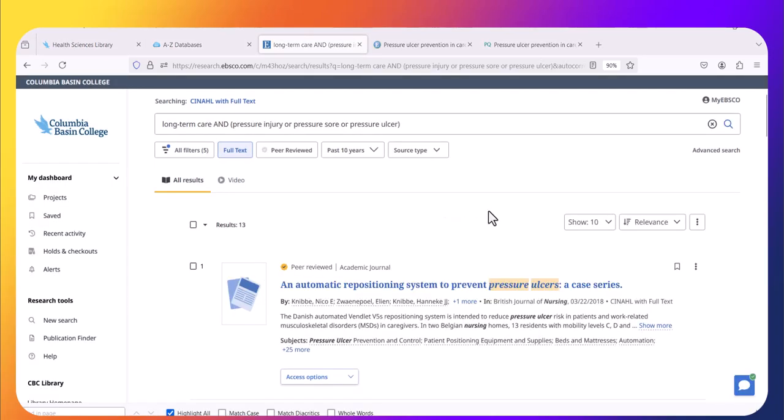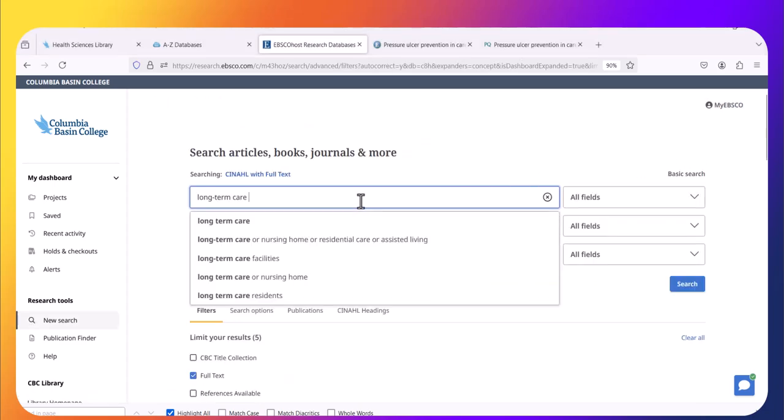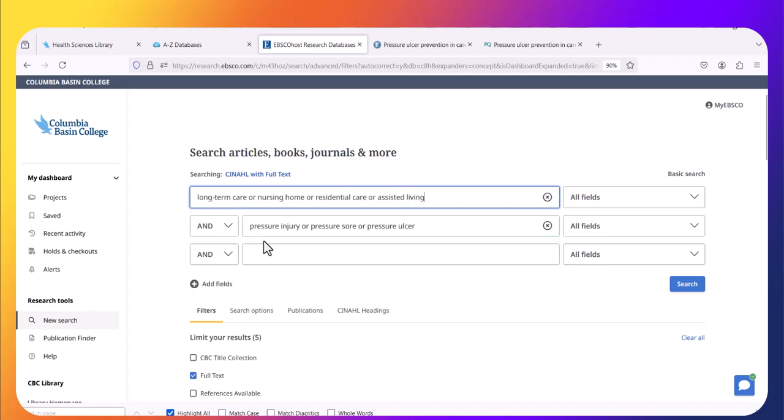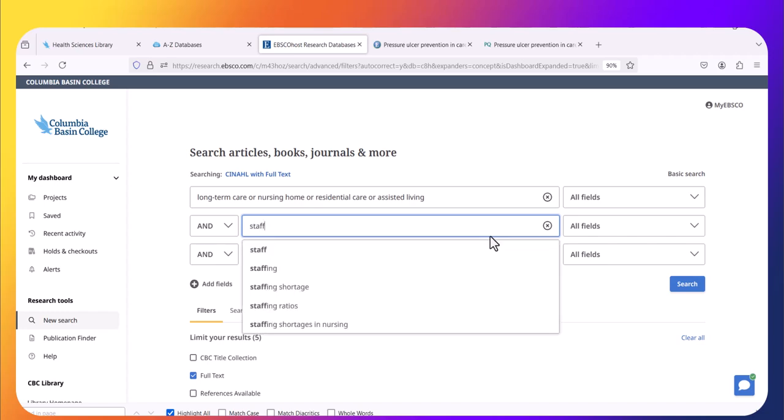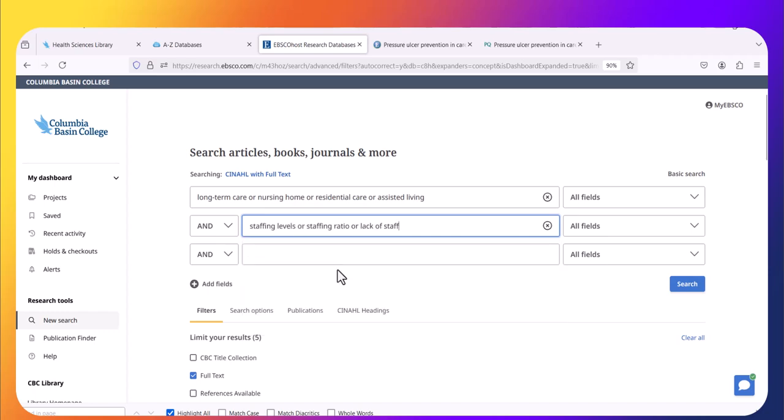If searching is not enough, you can go back to advanced search and broaden your search by ORing together other synonyms for long-term care. If you're going to find a different topic, you could just delete the second line and use a different keyword. For example, staffing level or staffing ratio or lack of staff, and do a new search.